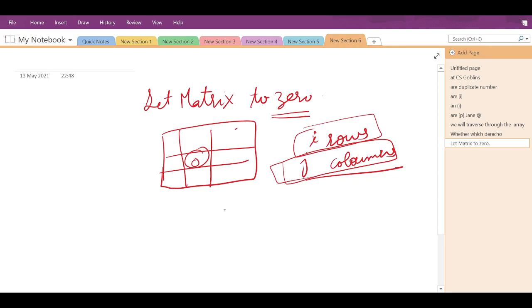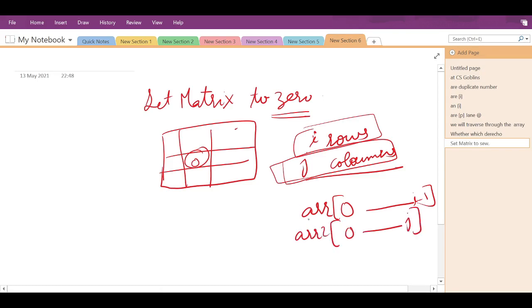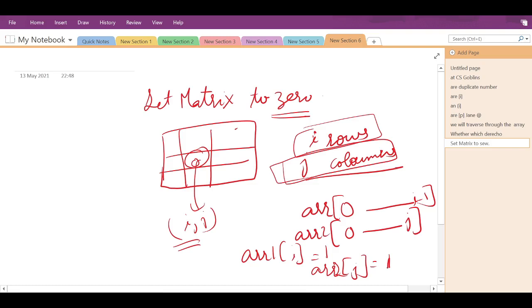For that, the first approach that comes to my mind is, while traversing, I will make an array which will have index 0 to I minus 1 and another array 2 which will have index 0 to J minus 1. If I find an element with value 0 at I comma j, I will say that array 1 of I is 1 and array 2 of j is equal to 1. This particular row and column must have all the values as 0, right?